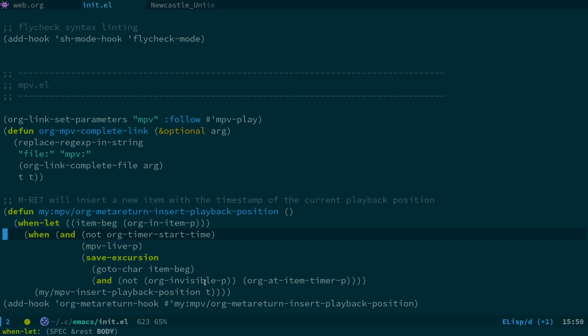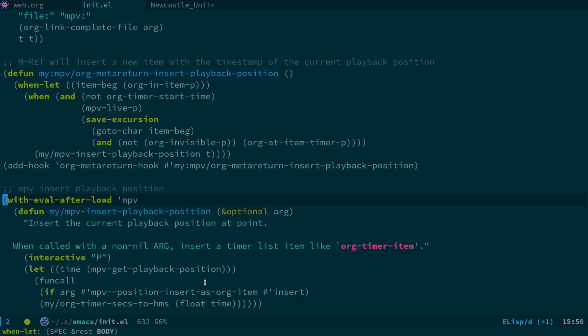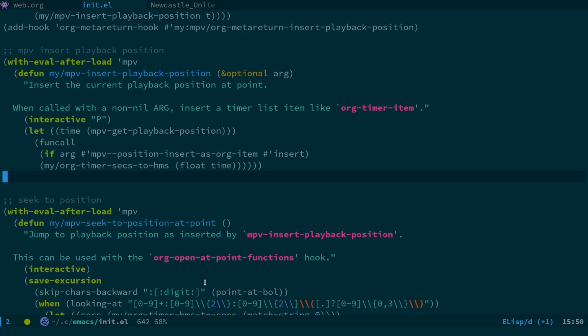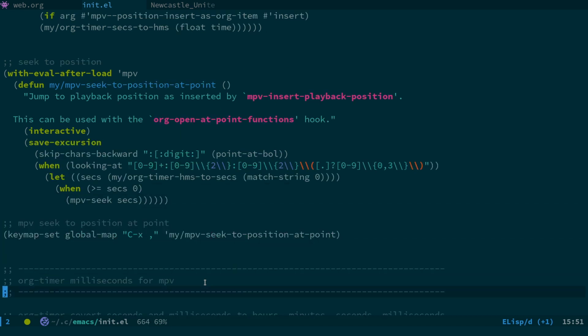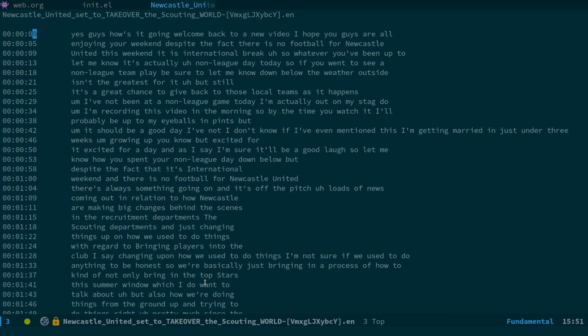So what this basically does is, this also works with a Hydra, which I'll show you. This is the actual code, and you can see the keyboard shortcut for seeking to a position at point is Control X comma. So whenever I have a video open, and the important thing is